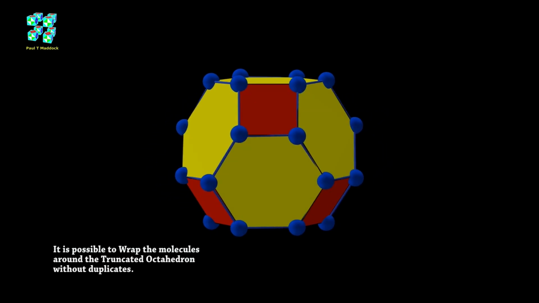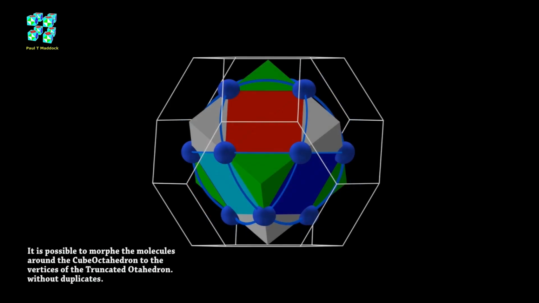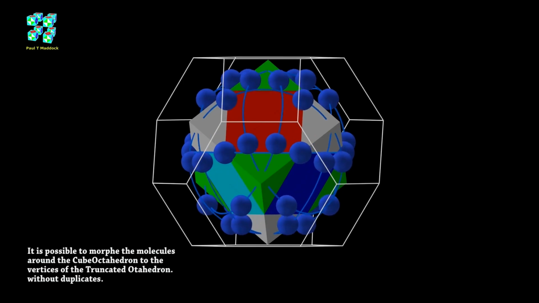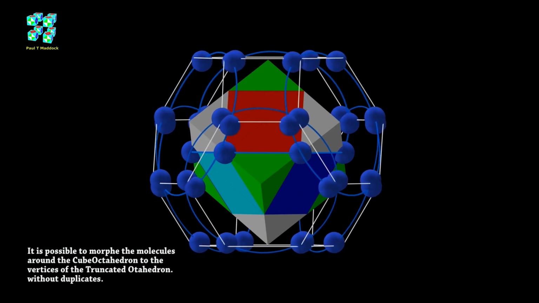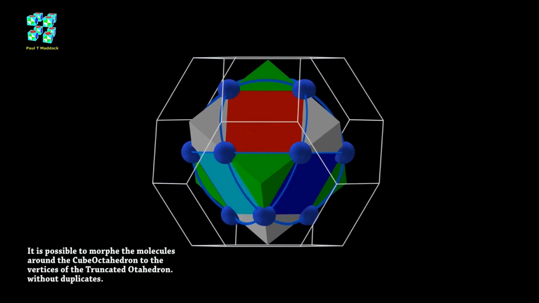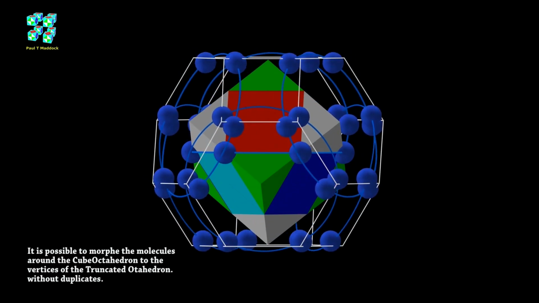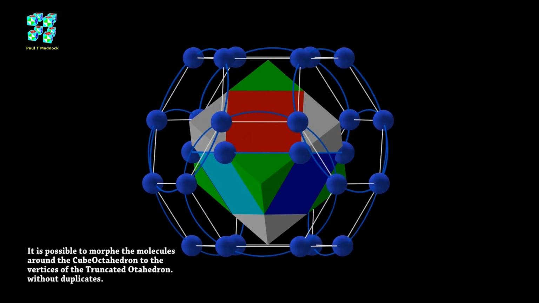I've worked a little bit more on this, and I found that the 3 hexagons orientated around the cube octahedron, which is part of the Bucky Cube, will morph to the vertices of the white truncated octahedron. Now this little animation is important because it shows that you can get 3 sets of hexagons around the